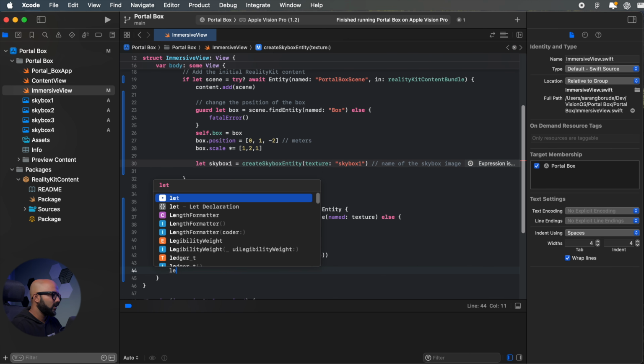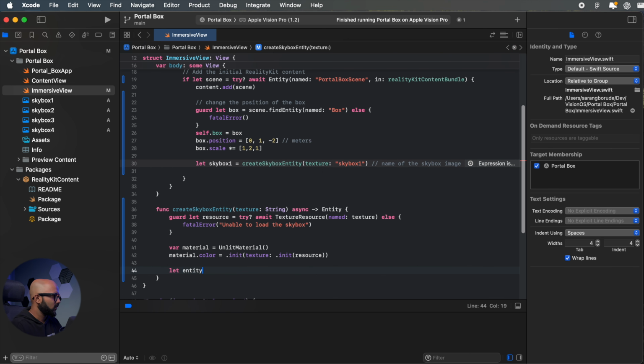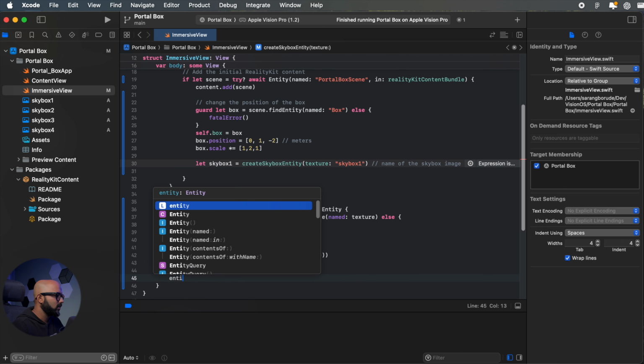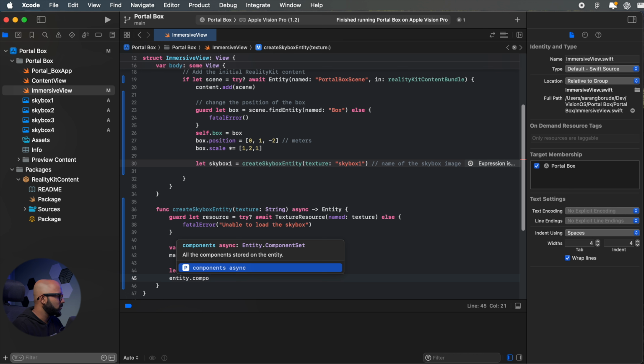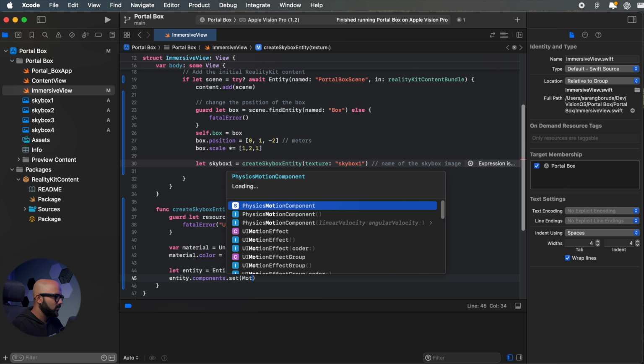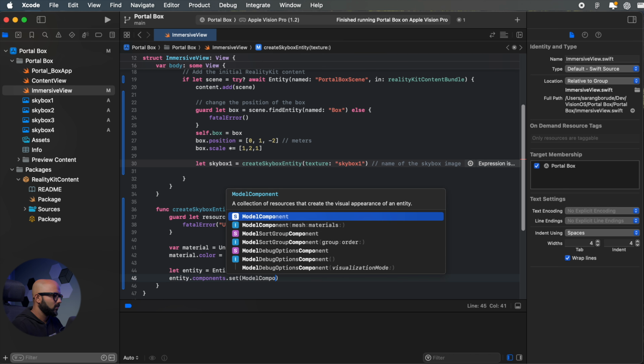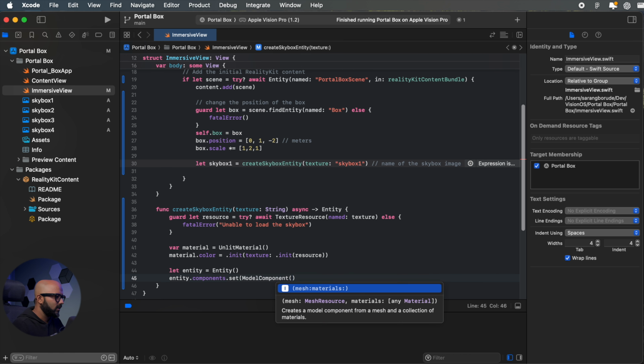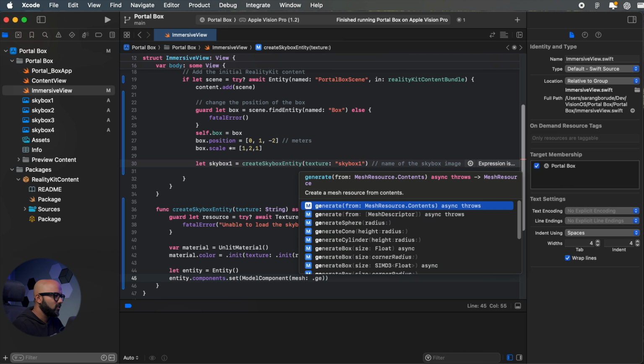Let's create the entity for the skybox. And then do entity.components.set, and we're going to create a model component